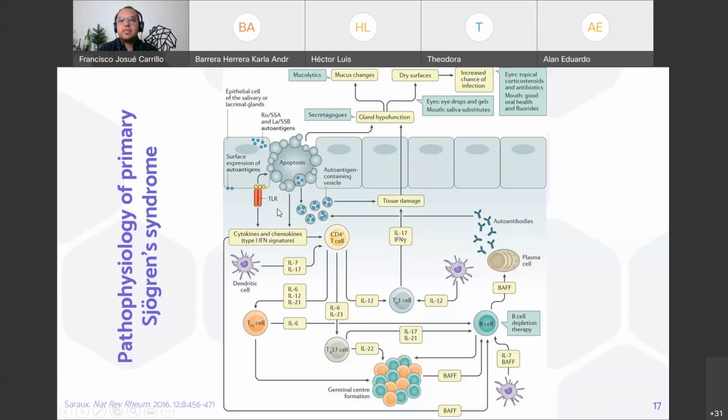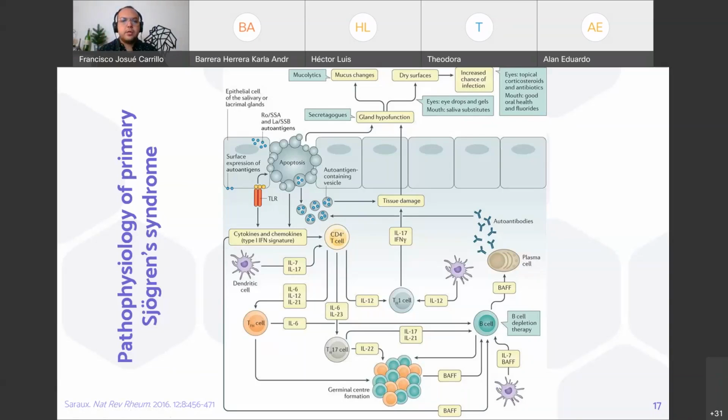The pro-inflammatory cytokines and the production of type 1 interferon lead to the activation of CD4 positive T cells, and of course their differentiation into different phenotypes, for example Th1 and Th17 cells, with the respective production of their signature cytokines, such as